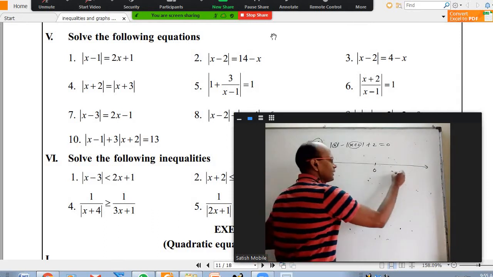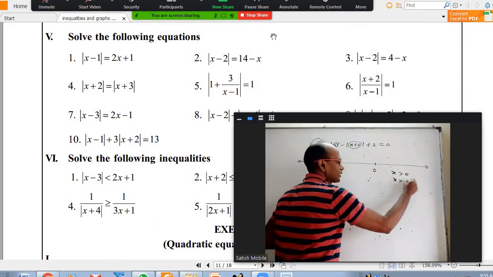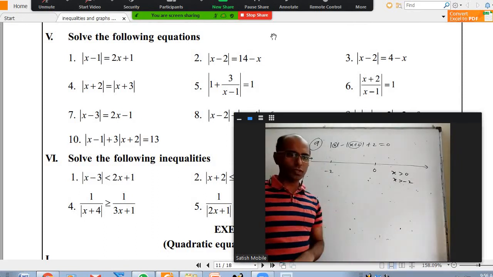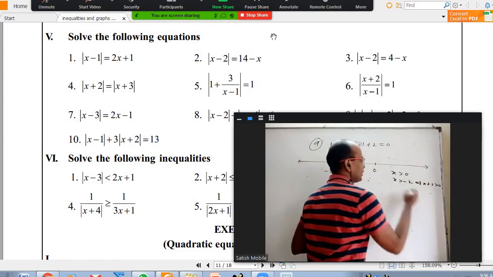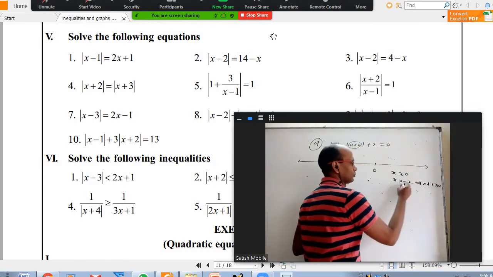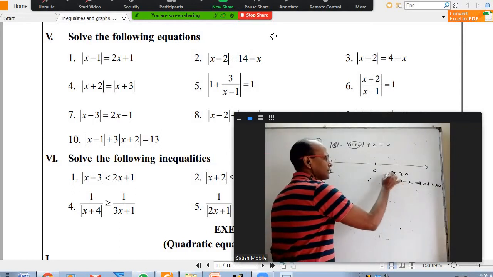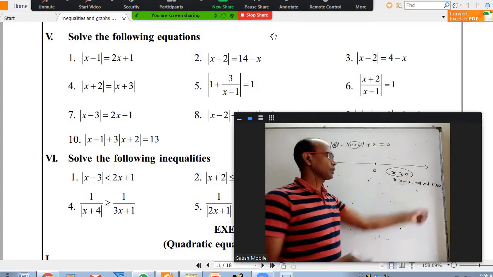Now, when I take x greater than 0, x is greater than minus 2 also, right? If a number is more than 0, it is also more than minus 2, which means x plus 2 is greater than 0. You can even take equal to, not a problem. Here you can write that: I am taking x greater than or equal to 0. Then x is more than minus 2 also, and x plus 2 is also positive.